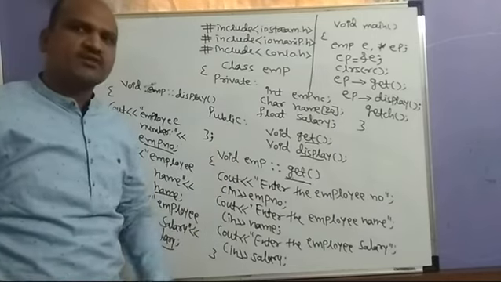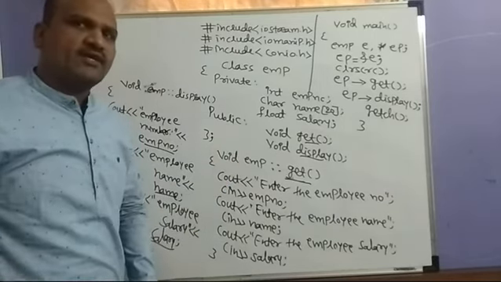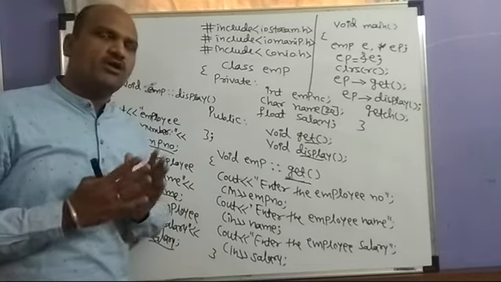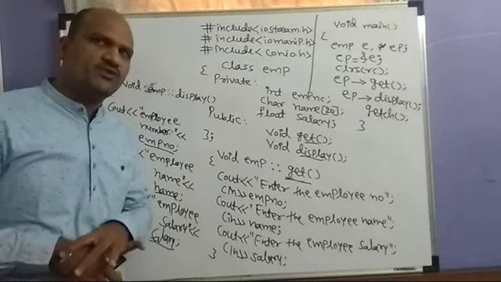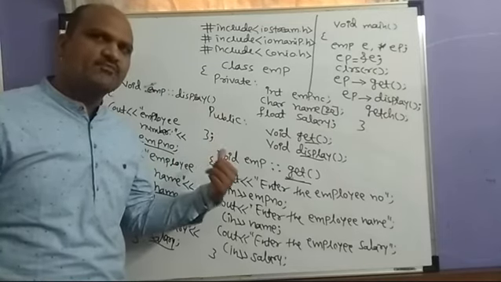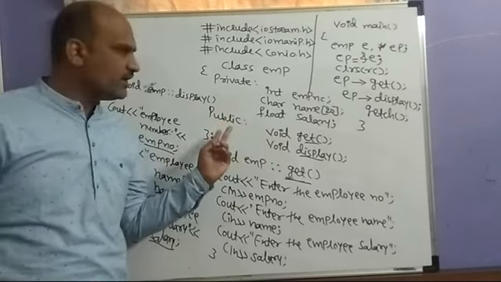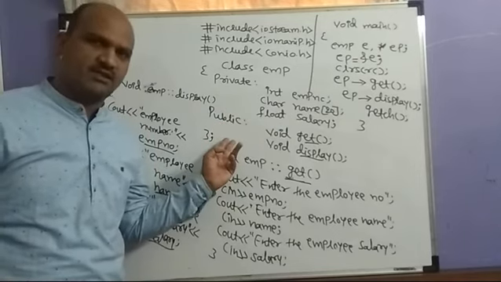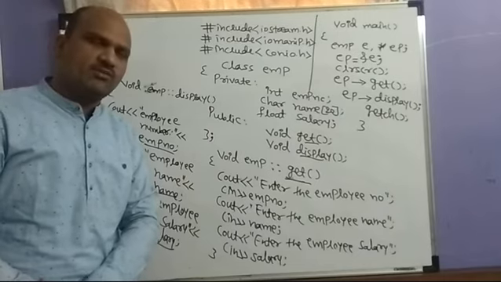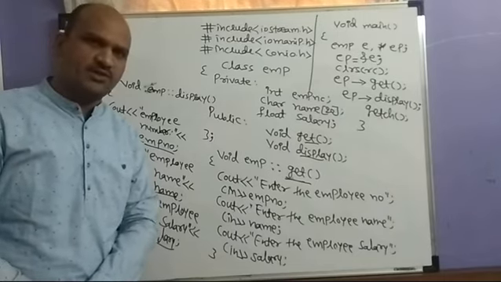So this is a simple example to access the employee details. This is all about pointers and objects. You should know the definition, how to declare, what exactly we are using, and a simple programming example. Okay, in the next class we will study in detail the next concept. Thank you very much.